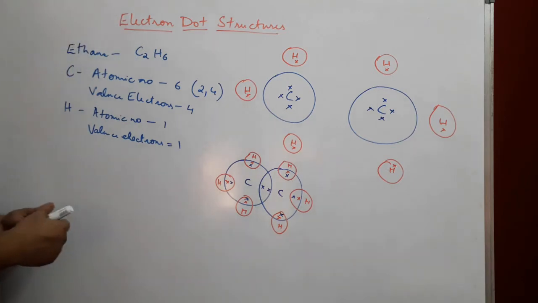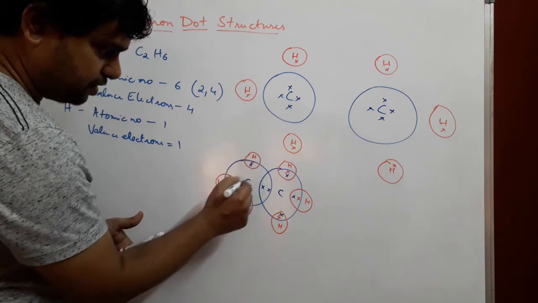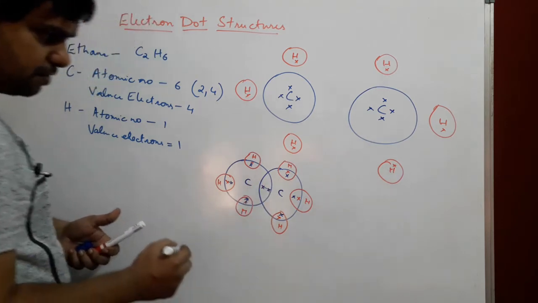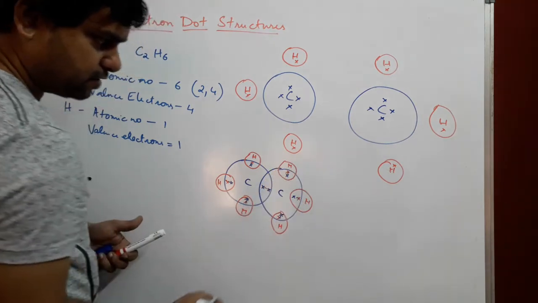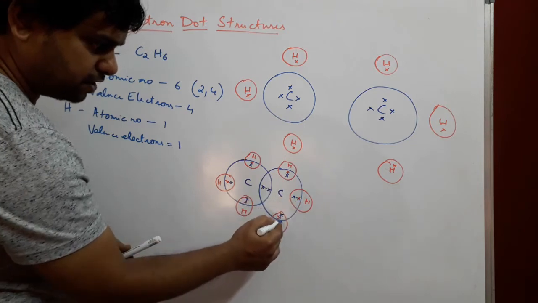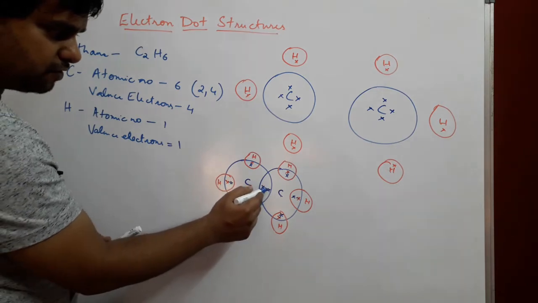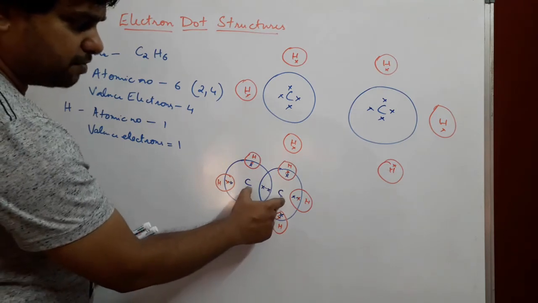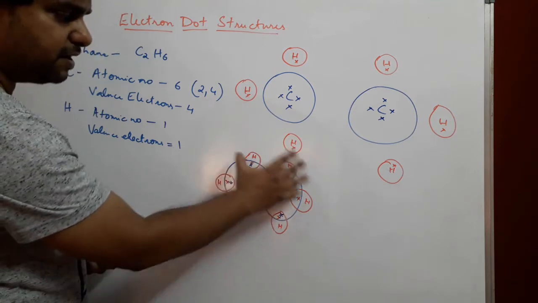Okay. So how many bonds are being formed over here? Let's have a look. We have one bond here, one bond here, one bond here, and a bond between these two carbon atoms. Similarly, we have a bond here, here and here. So in total, this carbon atom forms 4 bonds, 1, 2, 3 and 4. Similarly, this carbon atom forms 1, 2, 3 and 4. So the valence electrons of the carbon atoms in each case are being shared.